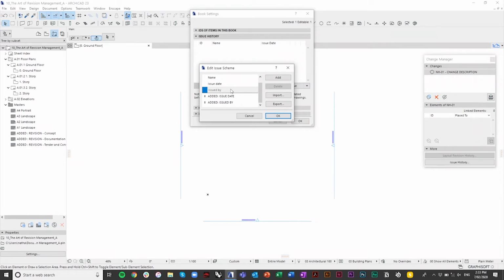So when he creates this data, he can create a project index and export it to Excel and then read that information and self-populate a whole transmittal based on each individual issue. So we've added those custom pieces of information, so it's really important